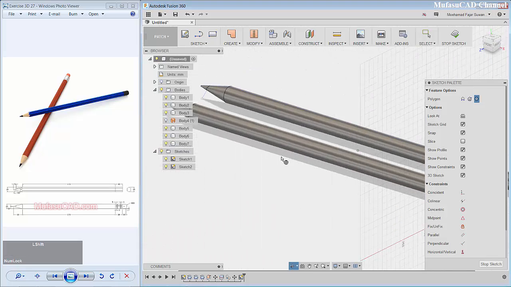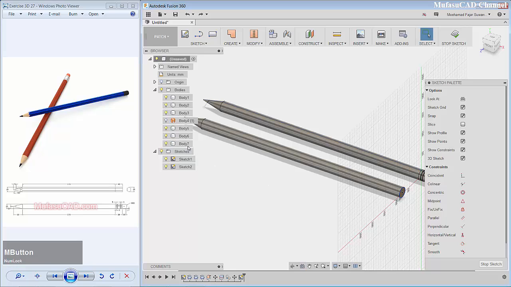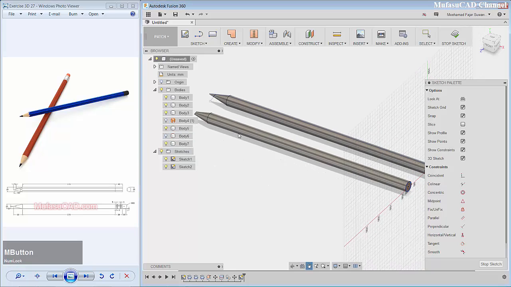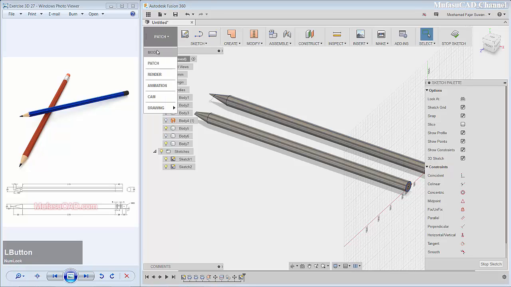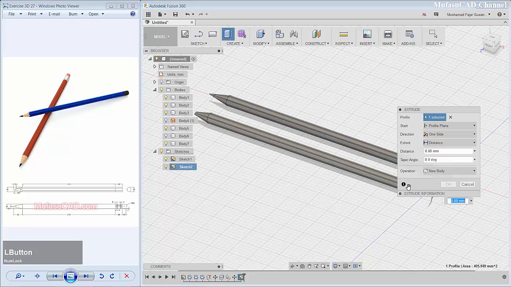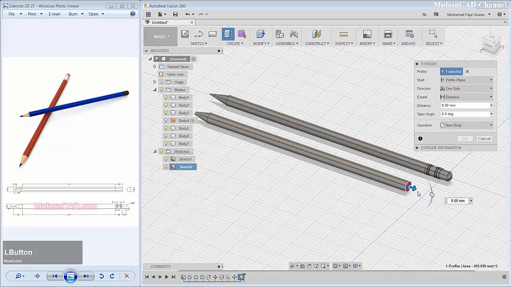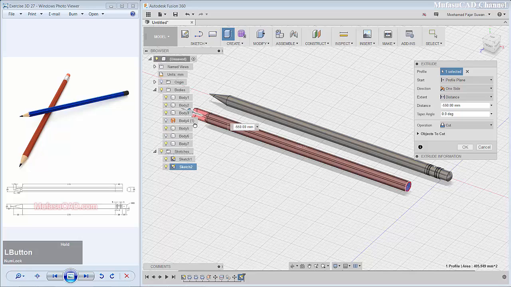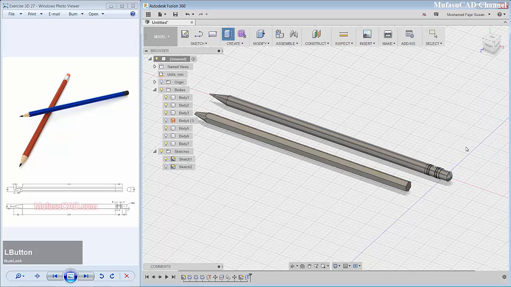Okay, I will rotate and I will hide body 6. Okay, next use this model option and create an extrude. Select this face. We extrude to this point direction and change into intersect. Click OK to finish.